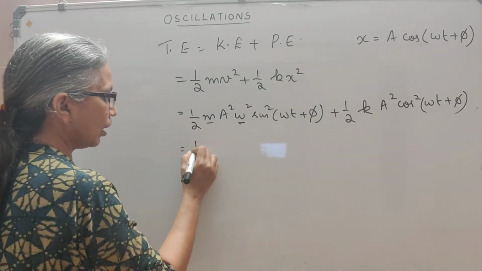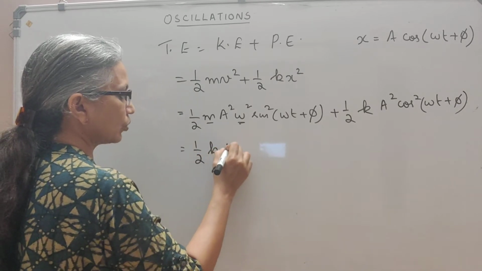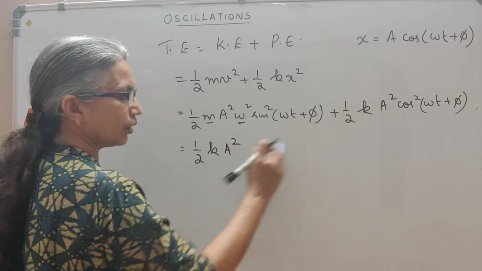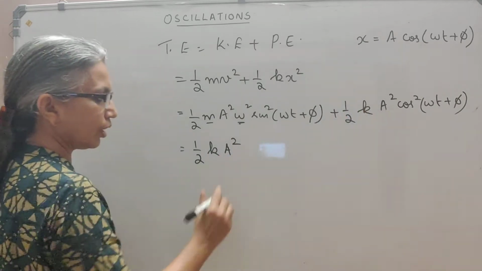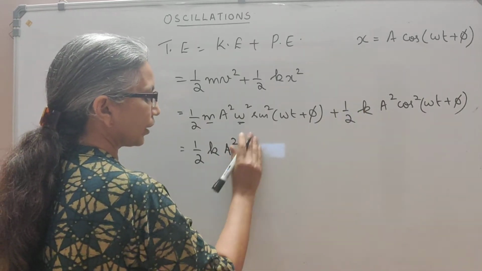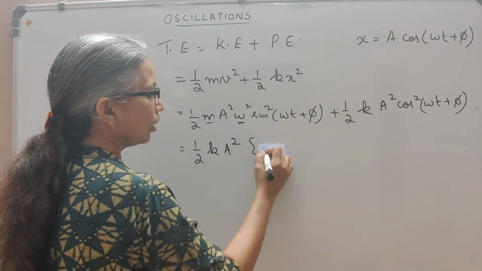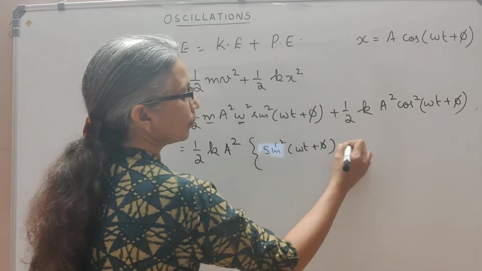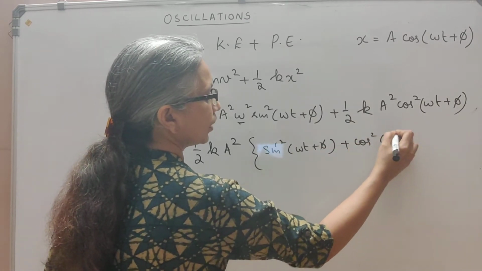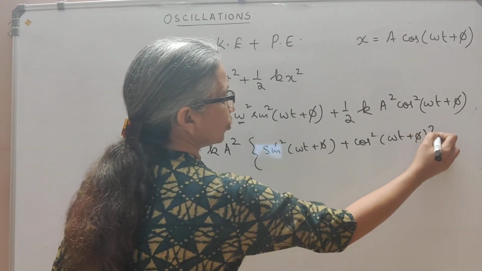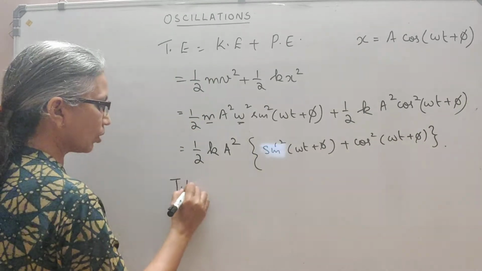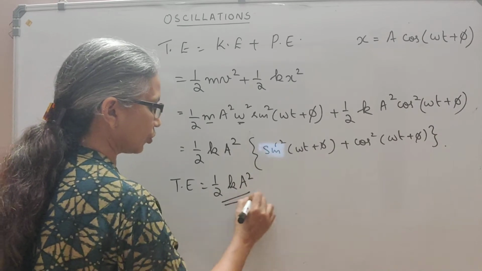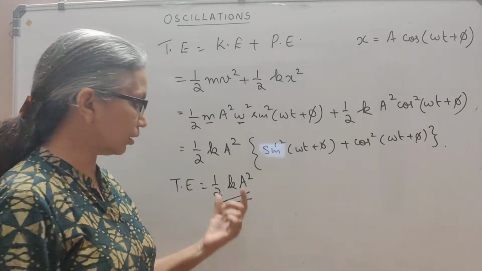So you may take half k A square outside, because m omega square is k and then we have an A square here. From here also I have taken half k A square outside, and inside the bracket we have sine square (omega t plus phi) plus cos square (omega t plus phi), which you know is 1. So we know that the total energy of this simple harmonic oscillator is half k A square,